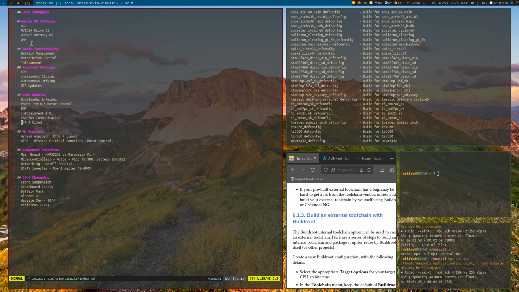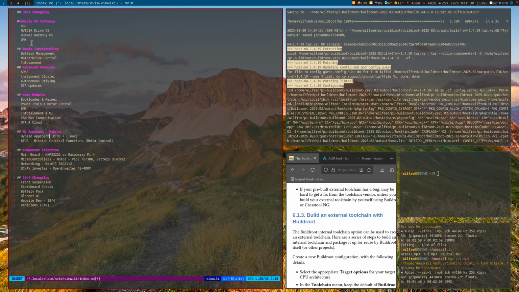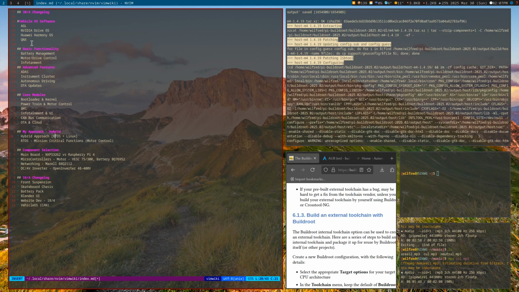So my approach is going to be a hybrid approach. So yeah, I can add some bit of hybrid. So what does this mean? Hybrid is there's going to be an RTOS kernel and a normal Linux kernel. RTOS is going to be handling the critical functions. I think RTOS is